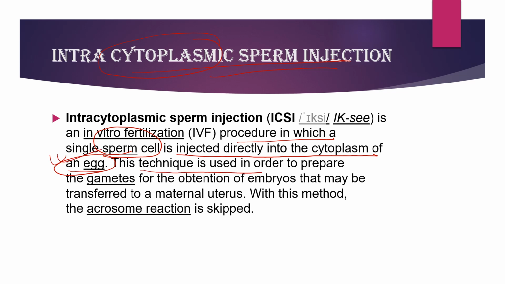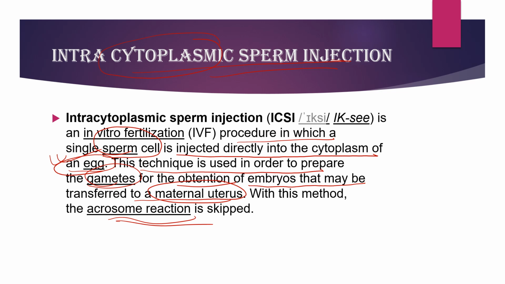Now this technique is used to prepare the gametes for the obtention of embryos, and they may be transferred into the maternal uterus. So after this injection happens, fertilization or zygote formation will happen, and then the embryos will be transferred to the maternal uterus. And with this method, the acrosome reaction is skipped, because